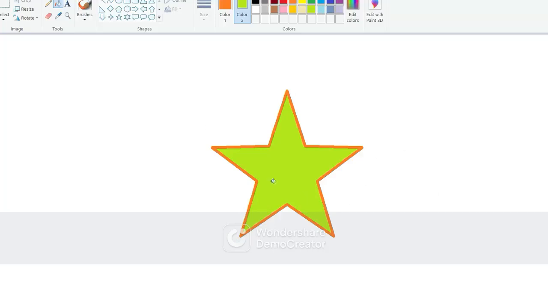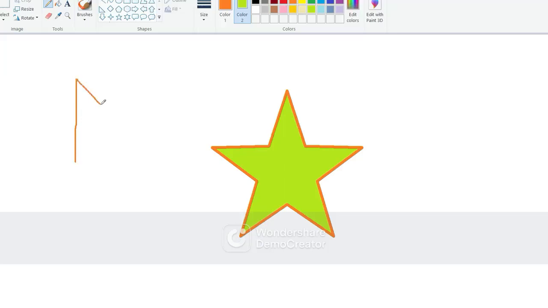Number 1 tool is the pencil tool. So for the pencil tool, you just have to take the pencil tool. Your cursor will change into the shape of a pencil. If you want thickness, from here you may change the thickness of the line. Suppose I took 4 pixels and just press the left mouse button and drag the mouse. So it will draw a line. Any type of line you want to draw, you may draw using this.